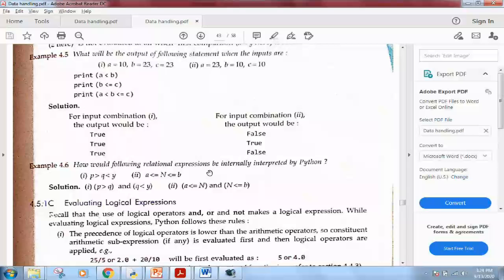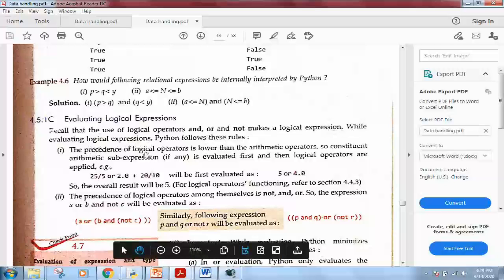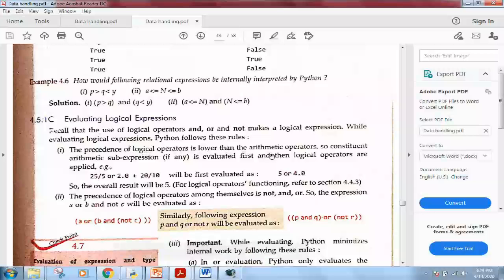Similarly, the logical operators and, or, not are used in an expression. While evaluating logical expressions, Python observes these rules. Number one, the priority of logical operators is lower than that of arithmetic operators and relational operators. So the arithmetic expressions are evaluated first and then the logical operators. For example, if I have 25 divided by 5 or 2.0, here there is an or operator also. So first 25 will be divided by 5, which is equal to